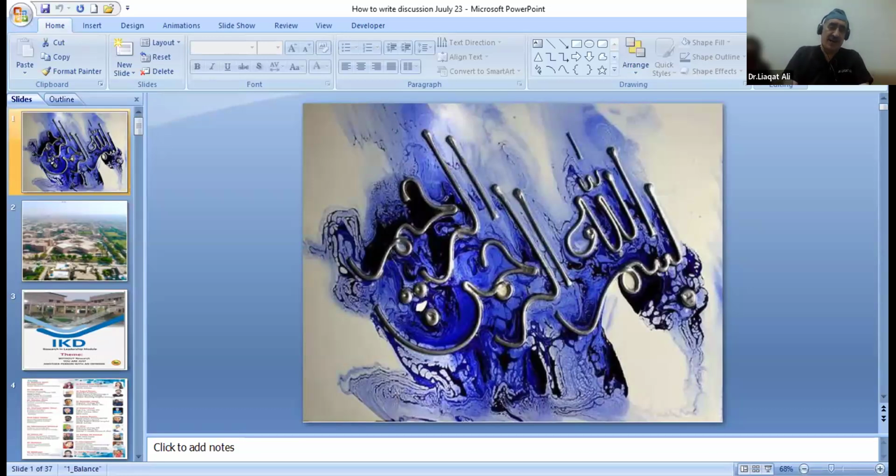And the topic allotted to me is how to write an effective discussion for the manuscript. And with this, I extend my thanks to the Research Society of the Khyber Medical College, which is just like my own alma mater, and Iqbal Haider for inviting me to speak on this important topic, because writing the discussion is considered the most difficult portion of manuscript writing.